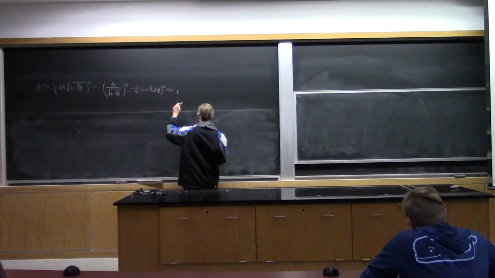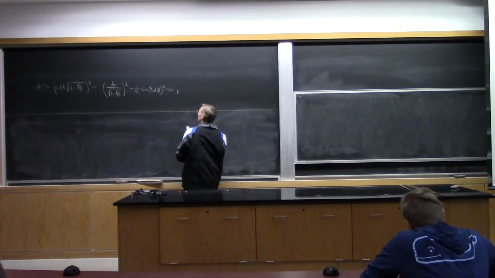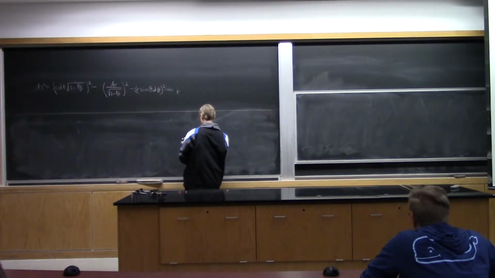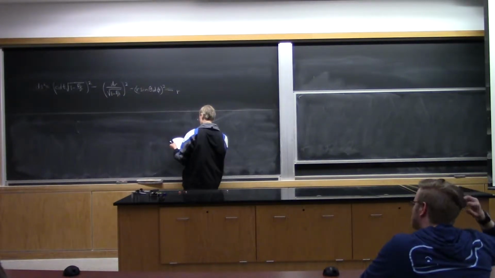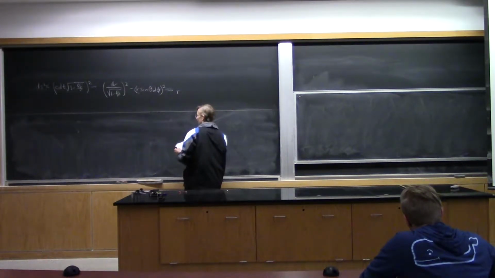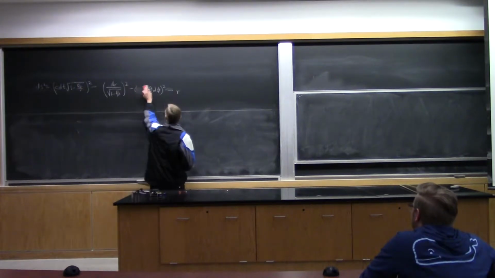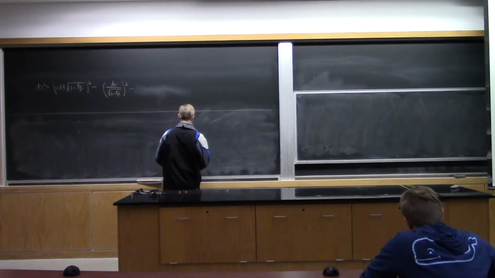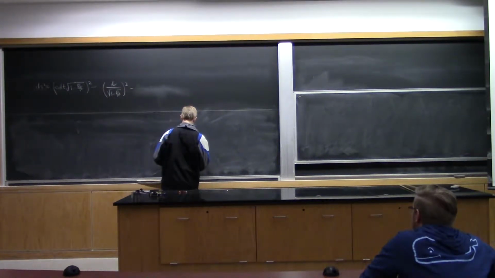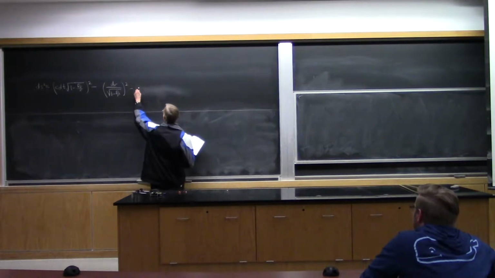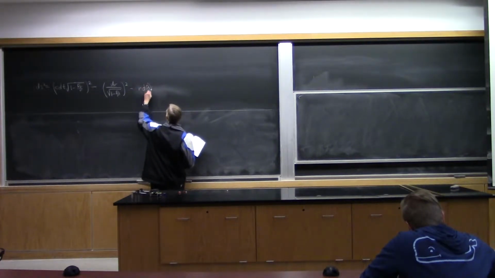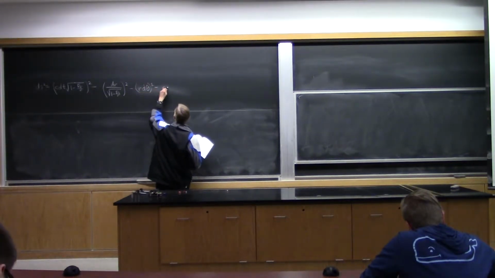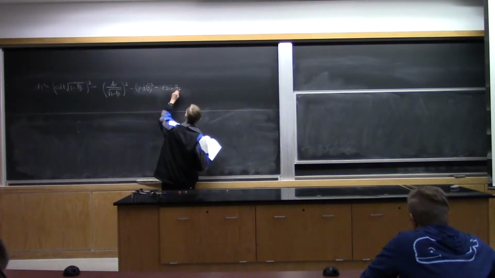r d theta squared. Is that the order I normally put it in, or did I switch that around? No, it seems right. It's right, I just put it in a different order than I normally do, so I'll put it in the order I normally do, which was to put the r d theta term next to it. Yeah, that's what I have here. So minus r d theta squared minus r sine theta